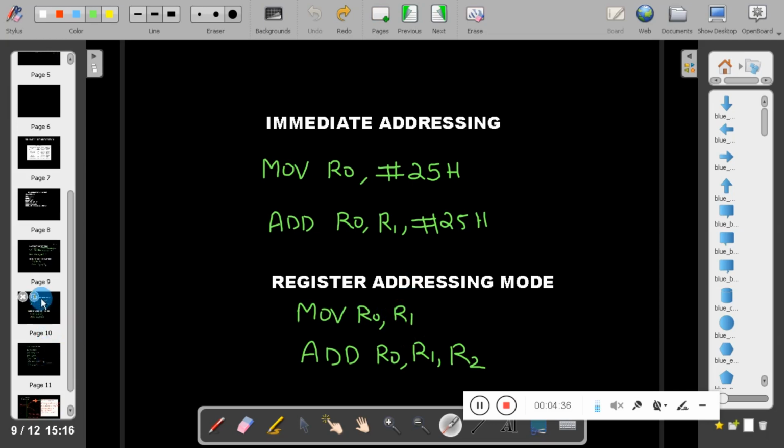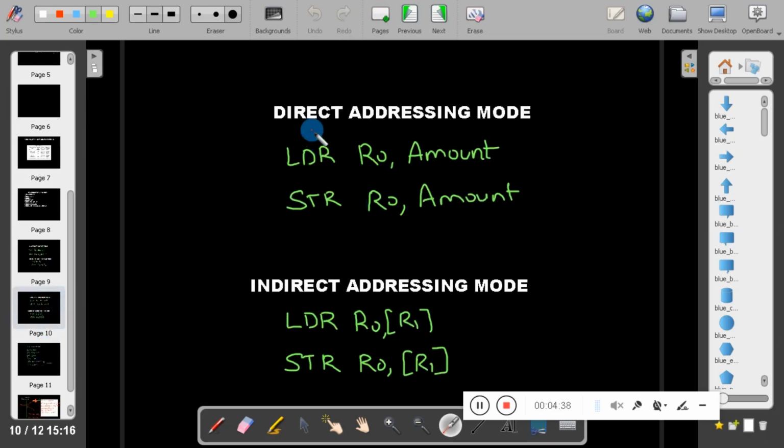The next addressing mode is direct addressing mode. Why the name direct addressing mode? In the direct addressing mode, we mention the address in the instruction itself. Here in this instruction, this is the variable.